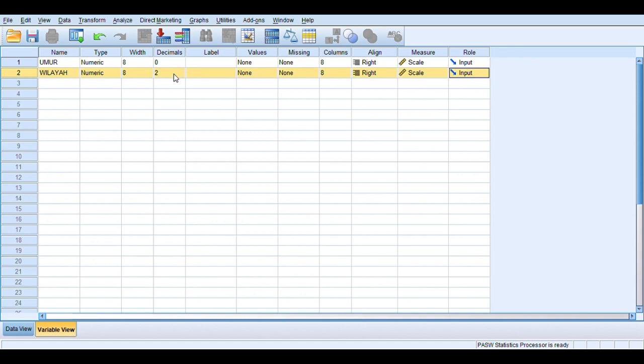In the decimal column, make it 0. And then in the label column, write age remaja. And then write region in the label column.